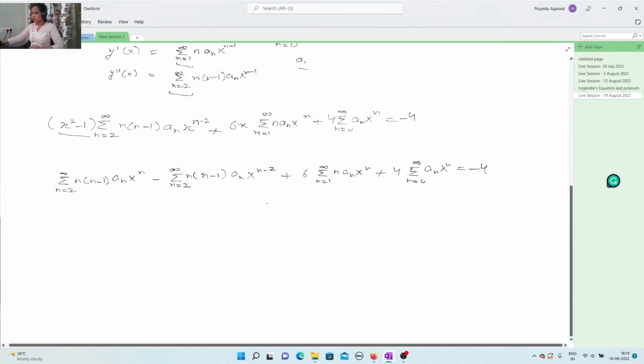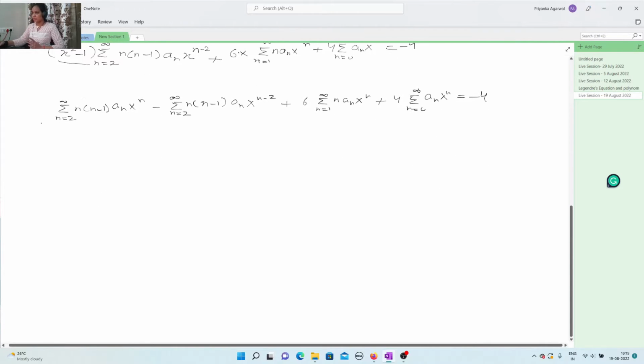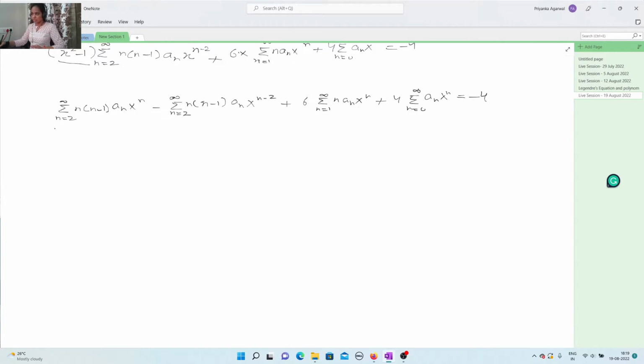Okay, now we have to combine some terms. So let's see what we can do. Now look at this first term. For n equals 0, this term will be 0, and for n equals 1 also, this term is 0. So therefore this can be written as summation n equals 0 to infinity, right? Because for n equals 0 and 1, even if we add it, 0 is what we are adding, so it won't make a difference. n(n-1) a_n x^n